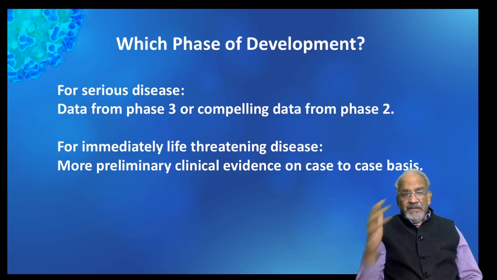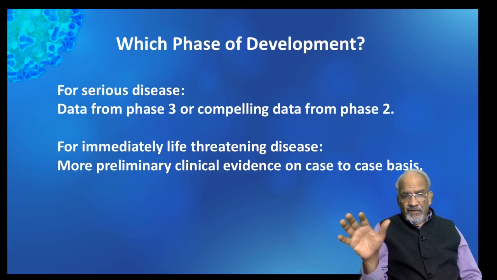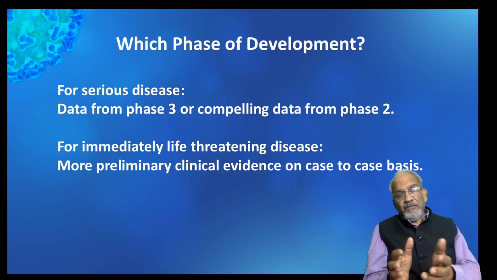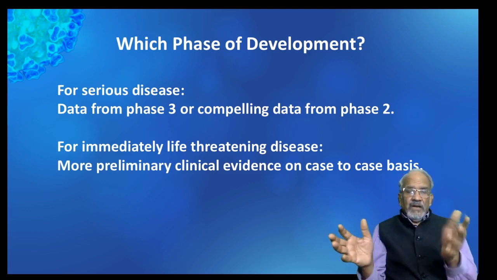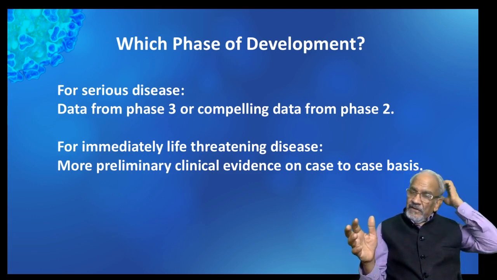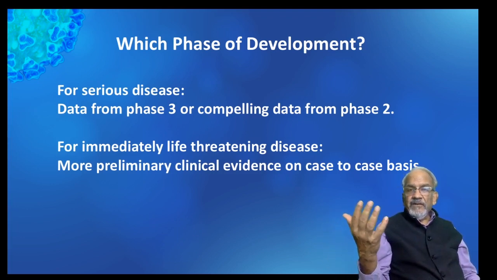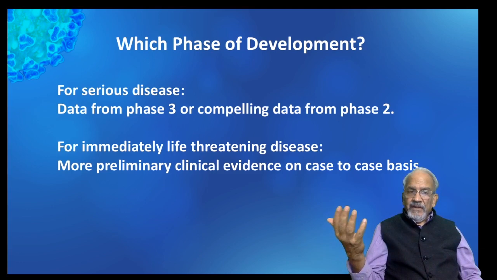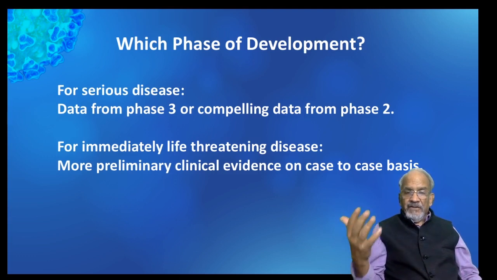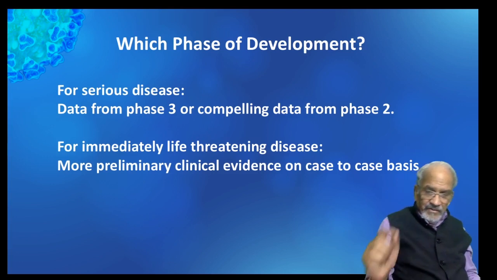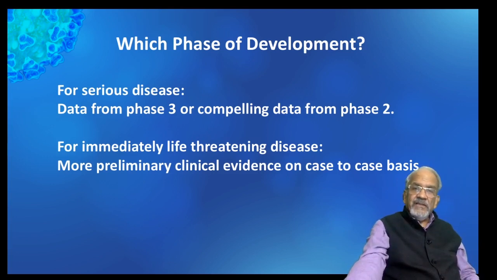But for serious diseases, data from phase 3 are compelling, even data from phase 2. And you are aware that bedaquiline is one example of that. An unapproved drug was given to patients of multi-drug resistant tuberculosis for an immediately life-threatening disease. I think that is the bottom line, and with more preliminary clinical evidence, even then it can be done on a case-to-case basis. When you say case-to-case basis, that means you assess the possible benefit and the risk to the